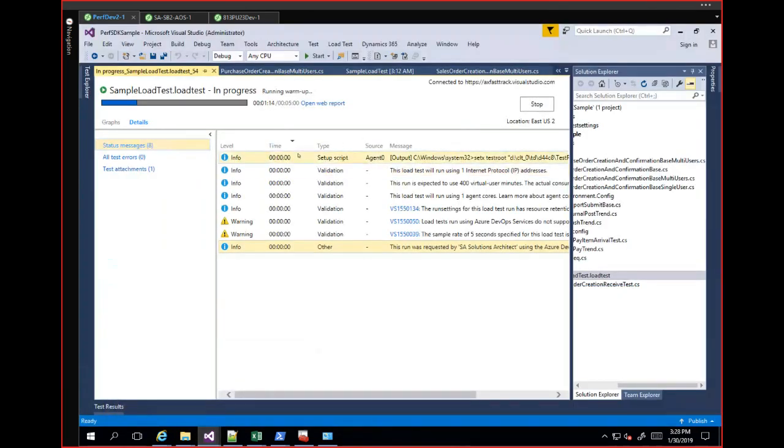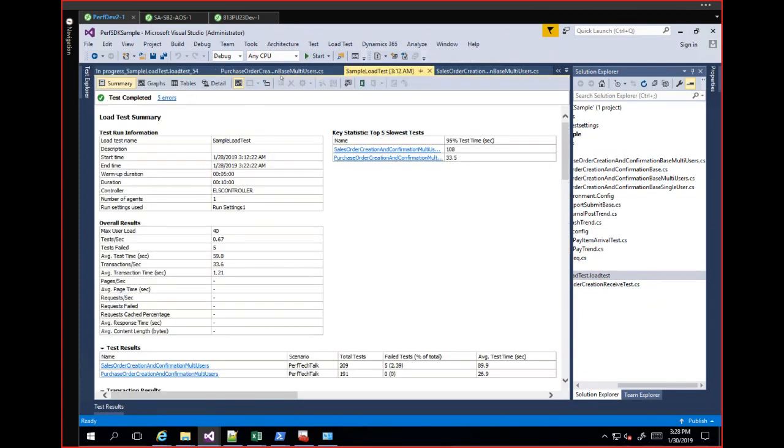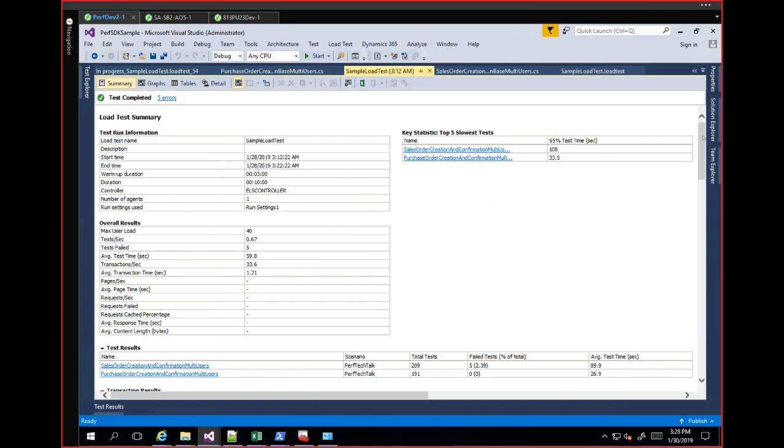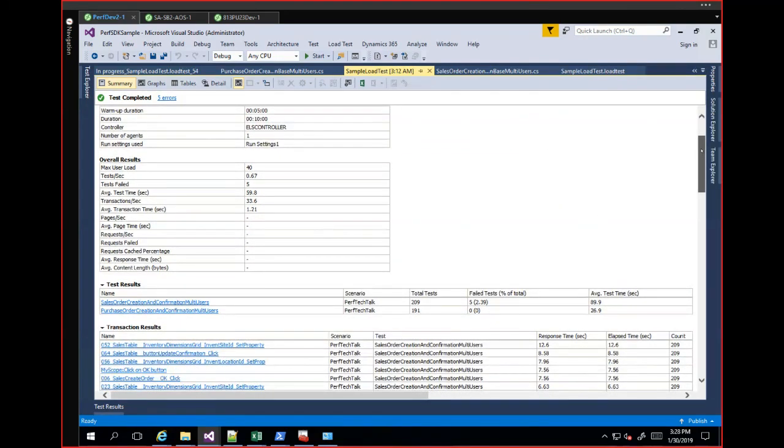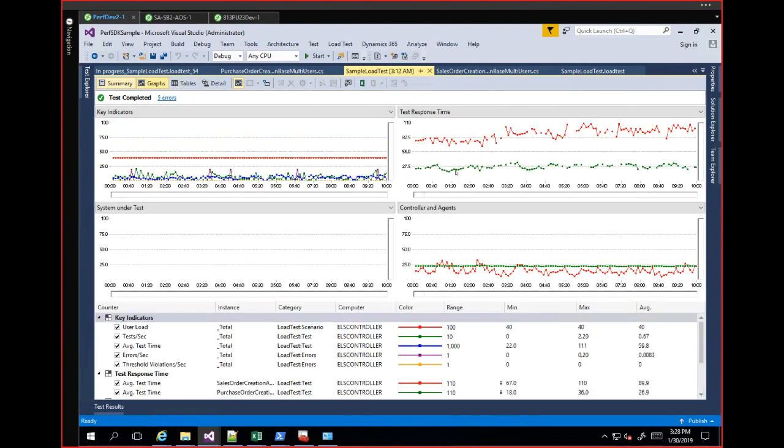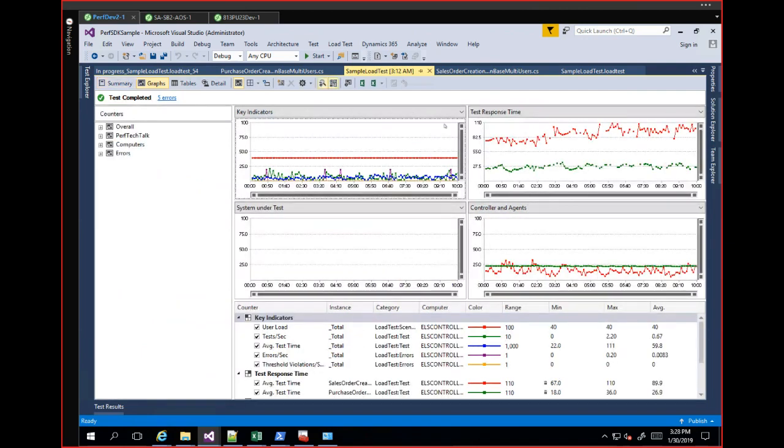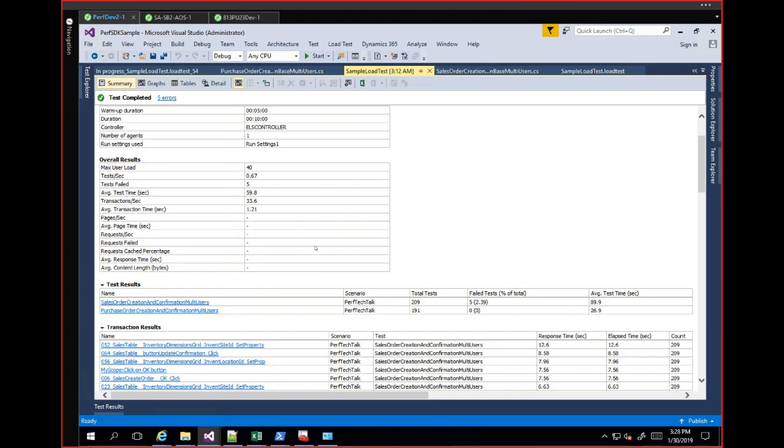This one is still under the warm-up stage, but I do have some complete test cases. For example, this one: once you complete it, this is the report you will get from the load testing in Visual Studio. You can first look into some of the graphs, and the report itself is going to tell you